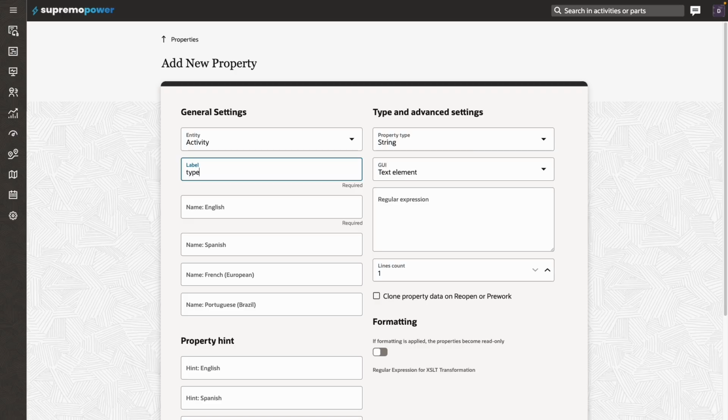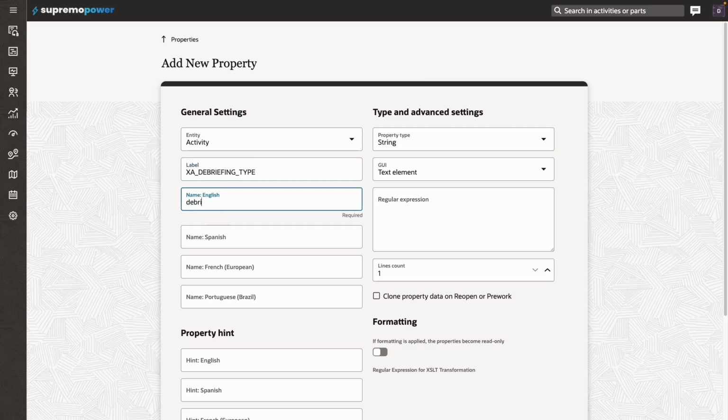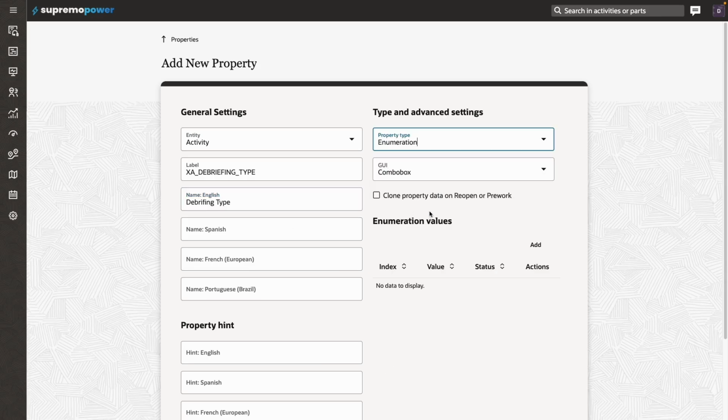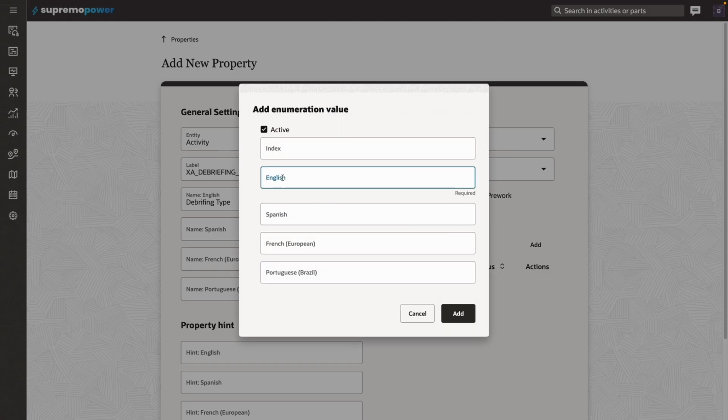So type debriefing type. Debriefing type. So I'm adding a new property on activity. Its name is debriefing type. It will be enumerator. I will add